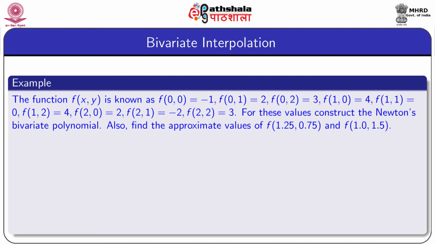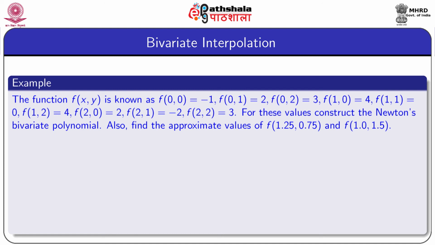Now, we consider one example to illustrate this formula. For a function f of xy, the values f of 0 0 equal to 1, f of 0 1 equal to 2, f of 0 2 equal to 3, f of 1 0 equal to 4, f11 equal to 0, f12 equal to 4, f20 equal to 2, f21 equal to minus 2, and f22 equal to 3 are given. For these values, our problem is to construct the Newton's bivariate interpolating polynomial,